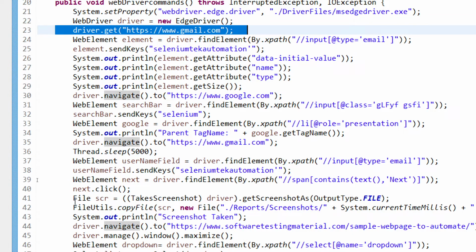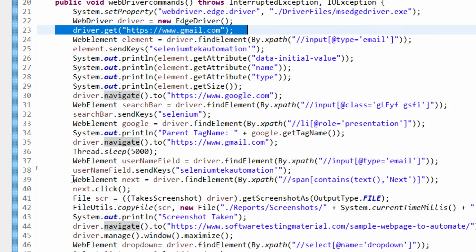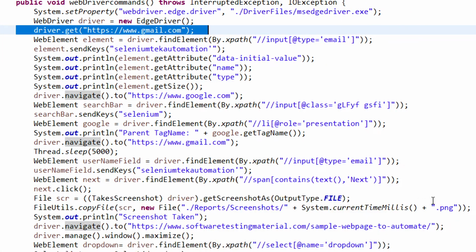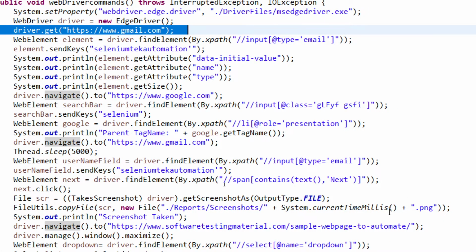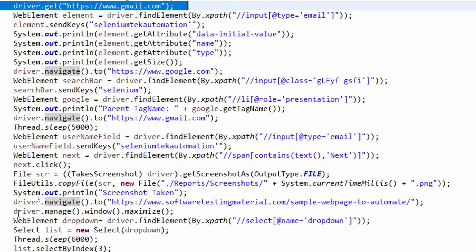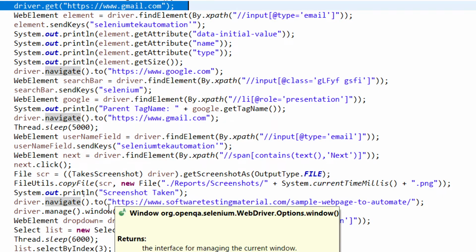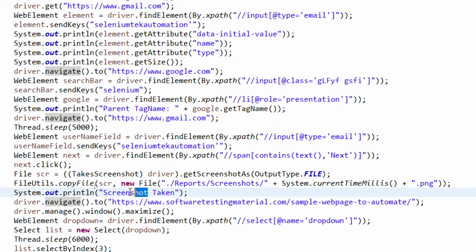So that's why I wrote this line like this, and after that I want to copy that captured screenshot and store it into one of my local folders. How can we do that? With the help of copyFile, I can easily store it into the mentioned path along with the format, that is JPG or PNG. Once that is done, I am navigating to one application, that is softwaretestingmaterial.com, where I am able to handle